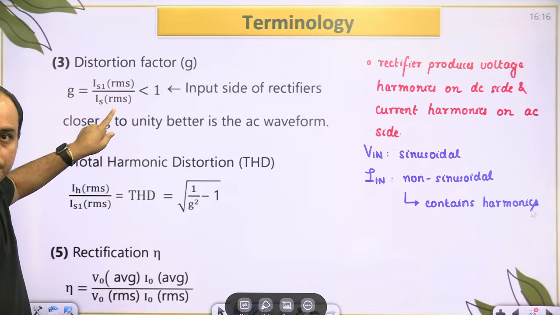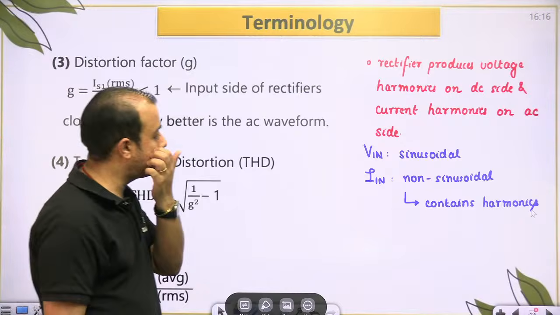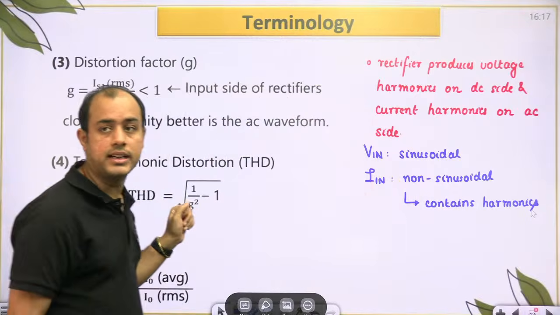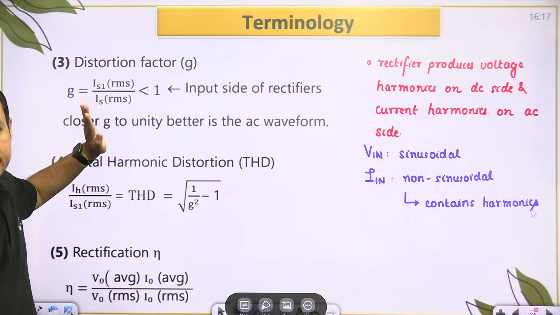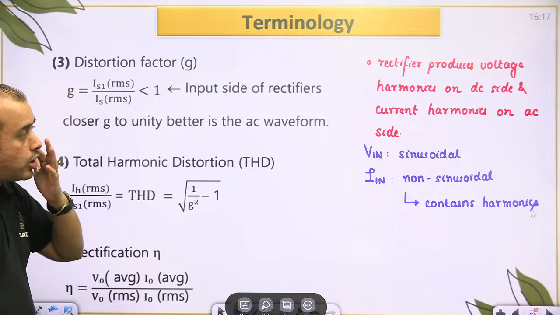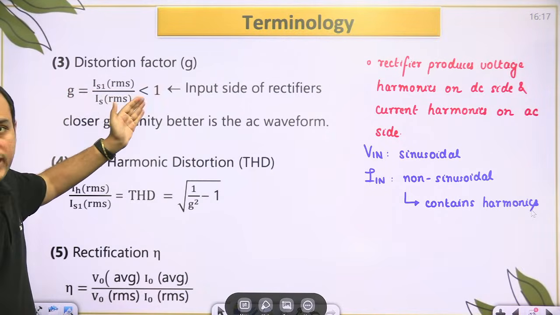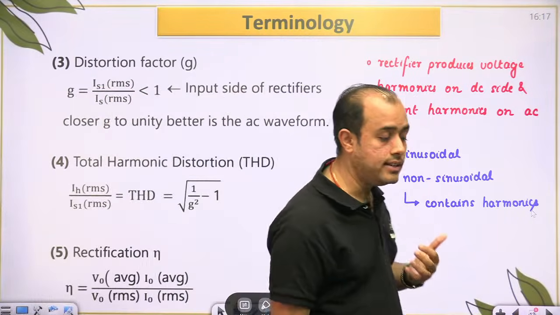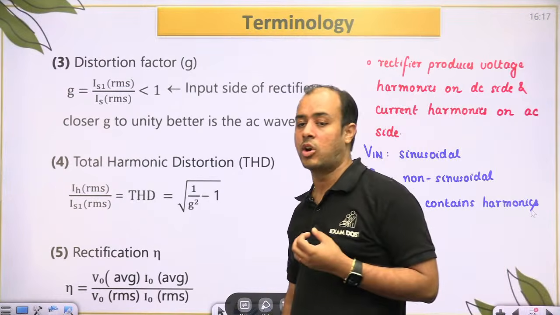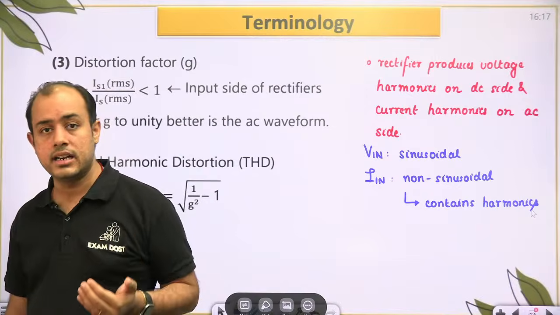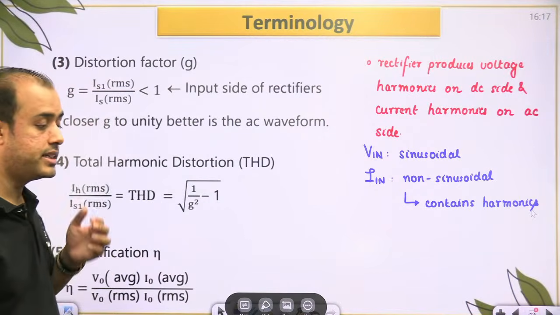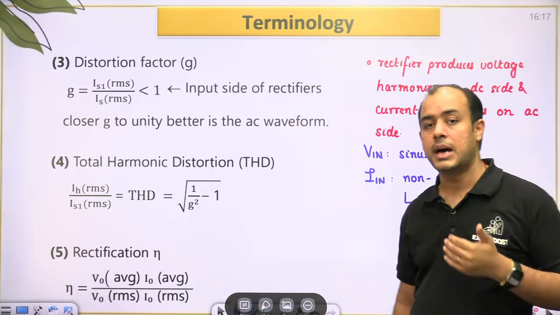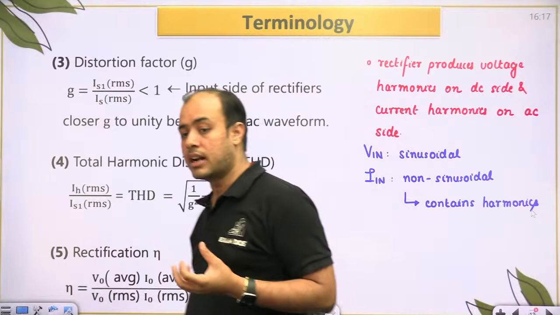Now बेटा, distortion factor is the fundamental RMS current by total RMS. That means total RMS contains all the harmonics. But what is desirable? The desirable is the fundamental RMS. So fundamental is one component of the total current. That is why this factor is less than 1. The closer it goes to 1, it means fundamental is dominating the overall current, so your current is near to a perfect AC. समझे? जितना G1 के नजदीक जाएगा उतना फंडामेंटल डोमिनेट कर रहा है और आपका करंट साइनोसोइडल बन रहा है।